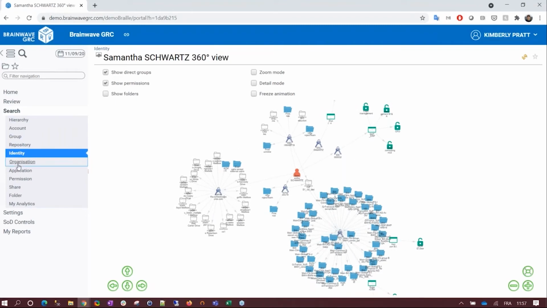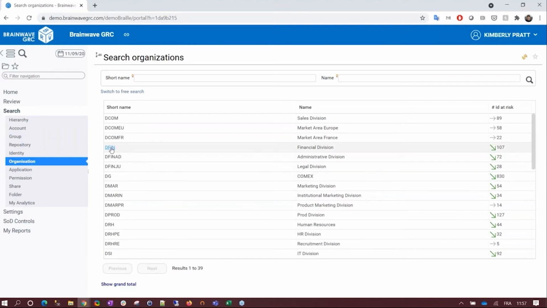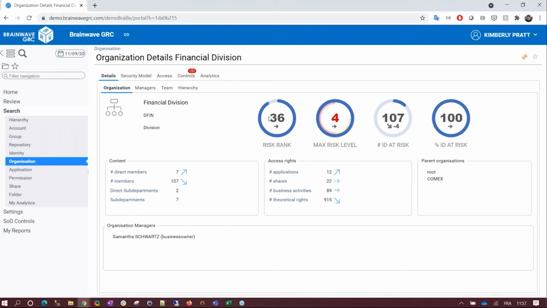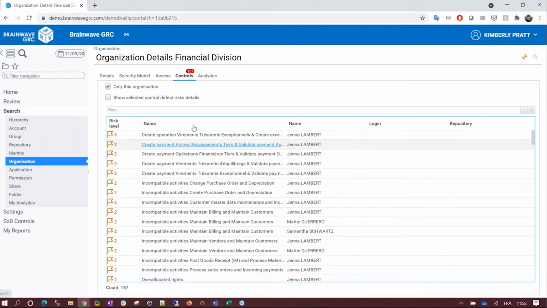Coming back to the organization information now, because at the end what we are interested in is the list of access of all people belonging to this organization. So I'm selecting the financial division. And what is very interesting here is the risk for this financial division. Working on those risks to reduce the number of risks is also working on improving the data quality. So the identity analytics is providing here a list of controls, and the result of those controls on users